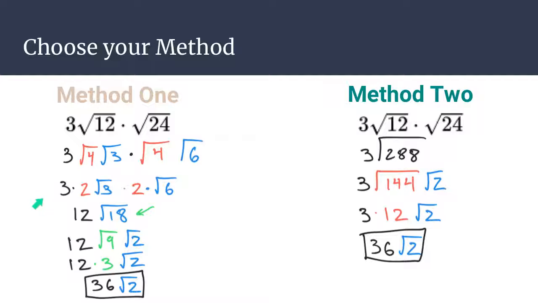Whereas in method 1, there are definitely more steps, and you have to double check to make sure that that 18 is in fact your final answer. So you might have to do some more factoring in order to come down to your completely simplified method. It doesn't matter what method you choose. You choose whichever one makes more sense to you. Some students prefer the factoring because they're pretty good at factoring all those parts and don't like those larger numbers. Some students want to do less steps and take a little bit more time to think about that square number that goes into 288. So that is your choice that you have to make. Just make sure that you understand that there are